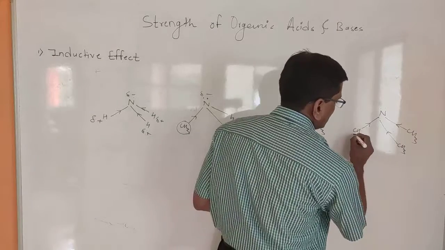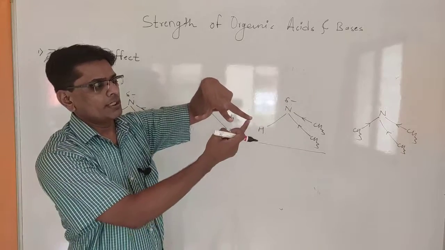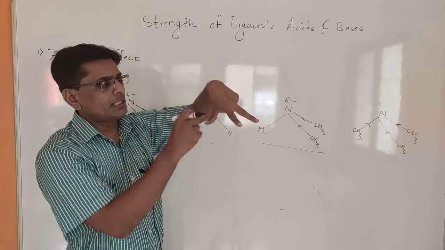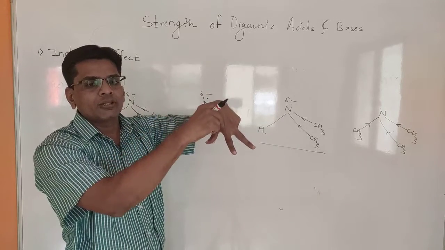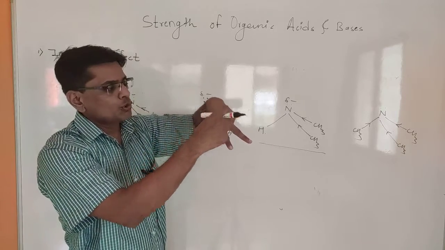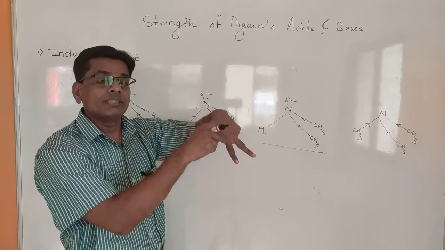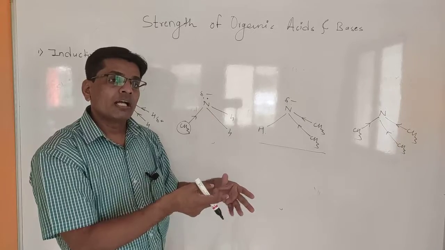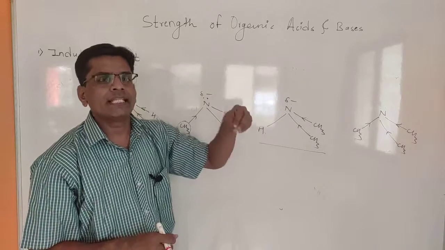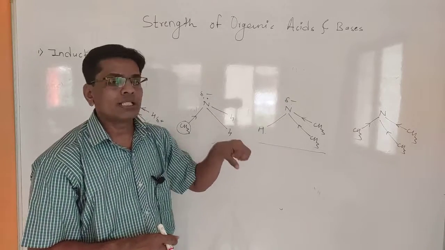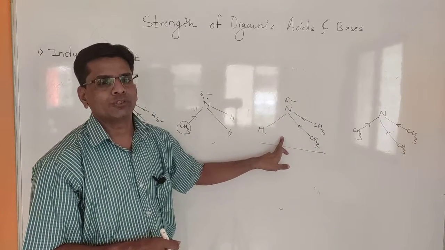The reason is, if bulkier groups are present, the nitrogen is at the center and has pyramidal geometry. All these three CH3 groups are around it, nitrogen is at the center, and the electron pair is available at the center. If any acid needs the electron pair, it has to reach this center. Due to these bulkier groups, the external molecule cannot reach the center. Even if this nitrogen is electron rich, even if it is strongly basic, the other molecule or atom cannot reach that center, and that's why trimethylamine cannot give the electron pair easily. That's why this is less basic as compared to this molecule.